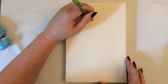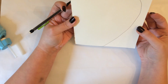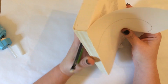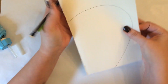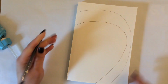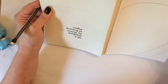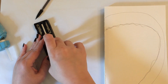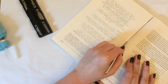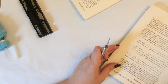So I'm just drawing a shape that I think will work to be half of the pumpkin. I ended up using 2 books of the same size. And you will just use your X-Acto knife and bending open the book to expose the backing, and then taking your X-Acto knife and cutting your book into